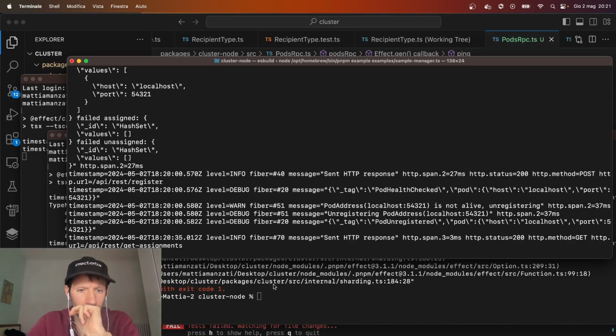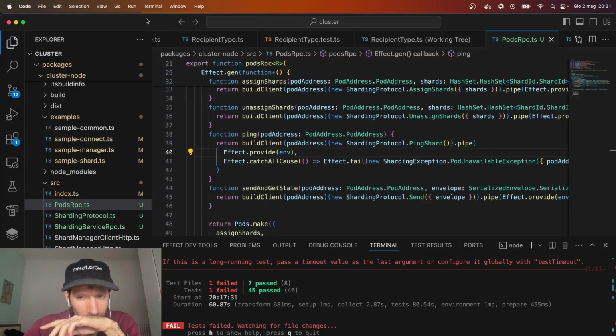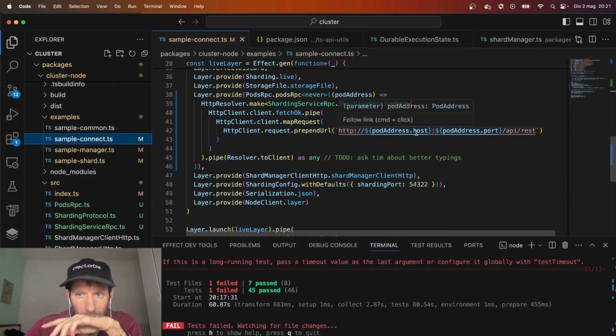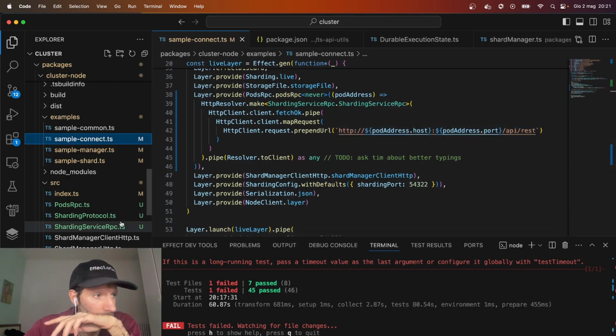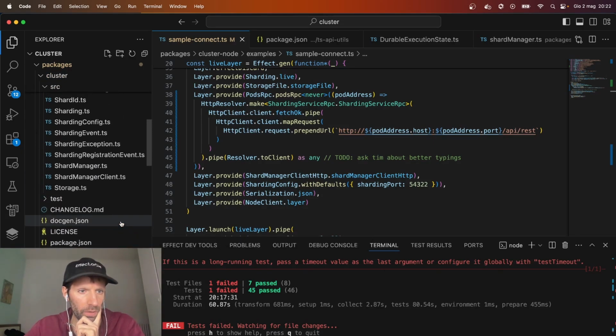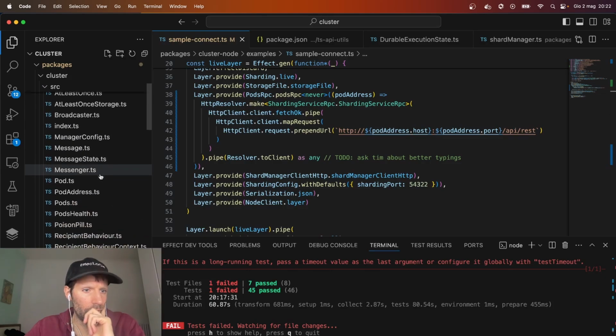Let's see. I think that I have still another 10 minutes. Okay, so let's see if in 10 minutes we can find out what's happening. We expect to prefix everything with HTTP host port API REST, right? But is that actually what we expect? So let's see how